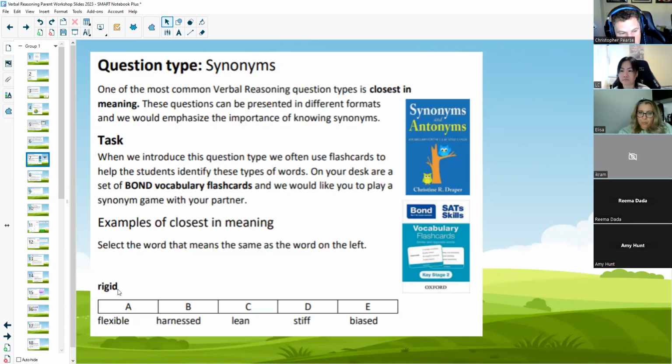So just down the bottom of this slide, you'll see one way that this... Hi, Chris. Sorry, I've got a question. With regards to the flashcards, so you've shown us the Bond ones and also the Foxtons ones. Is there one that is better? Because I think the Foxtons ones have quite a lot of flashcards in them compared to the Bond ones, or do we get